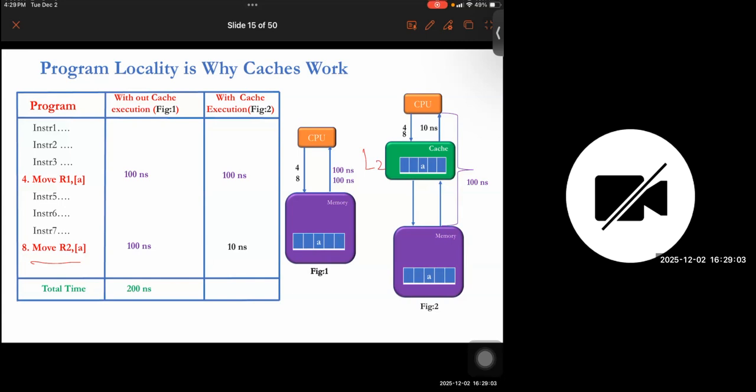So with cache, these two memory instructions are executed in 110 nanoseconds. If there is no cache, it takes more execution time; if there is a cache, it takes less execution time. Less execution time means the performance of the processor is increased. So this motivates the design of cache memories. That is why caches work: they improve the performance. So from this example,